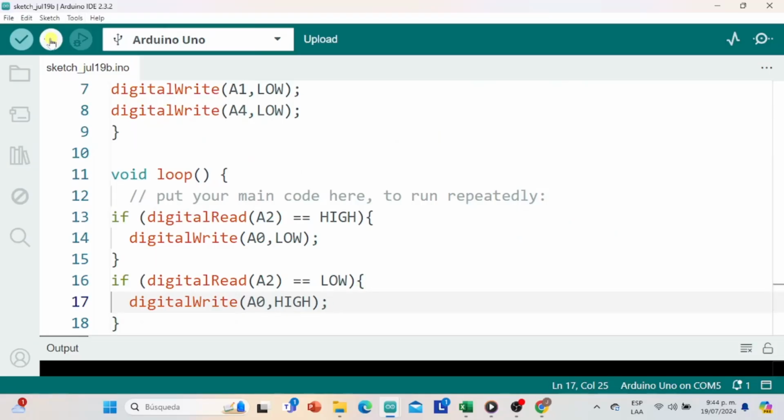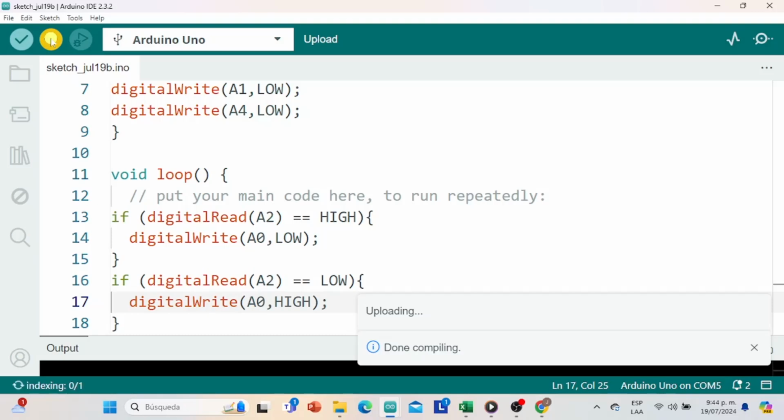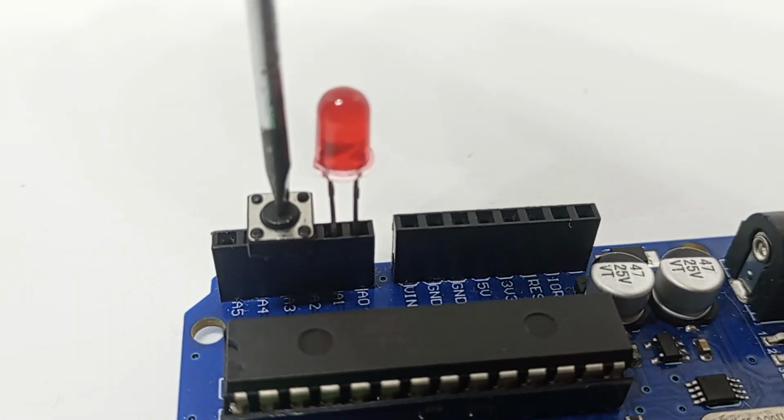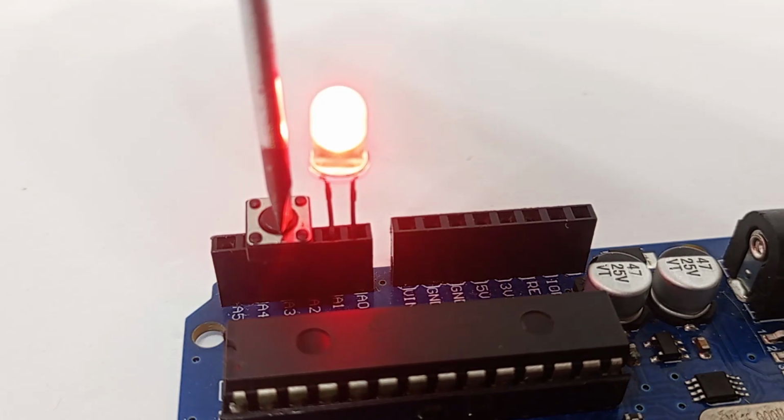We load this program to the board. And here we see the result, corroborating then that we can use the pins that we know as analog on the Arduino board,